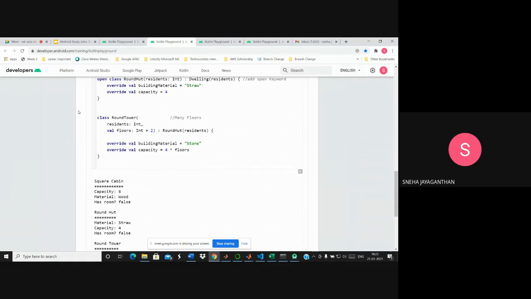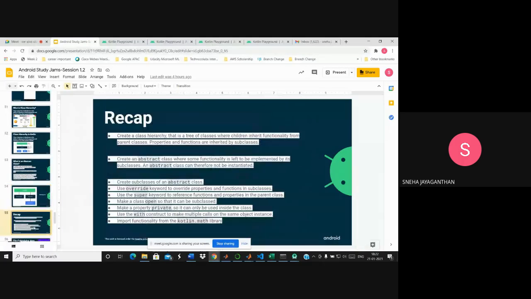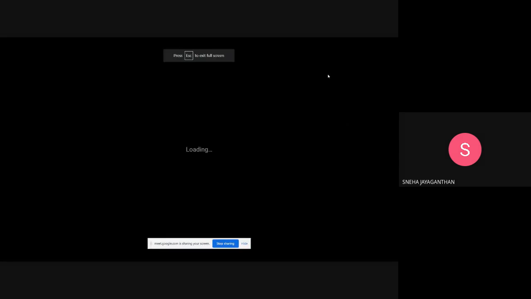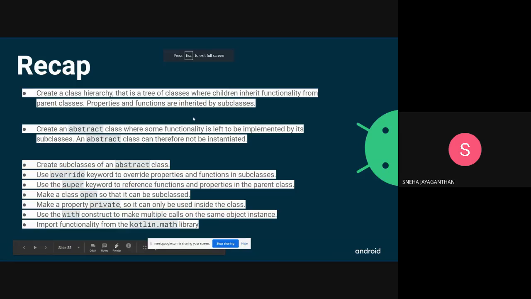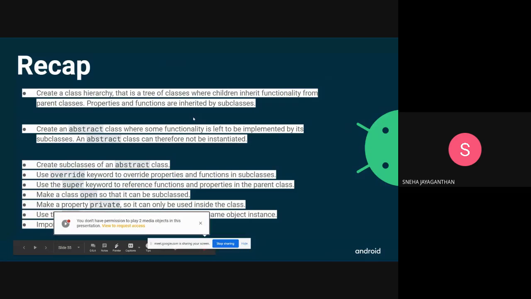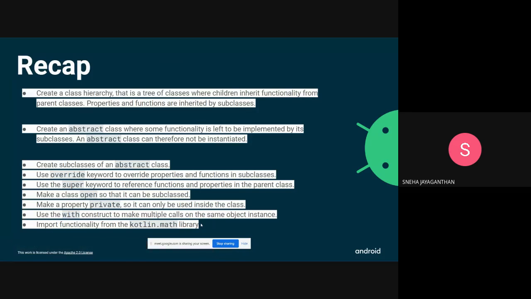So let's have a quick recap. We created a class hierarchy, a tree of classes where children inherit from their parent classes, and properties and functions of these classes are inherited by subclasses.